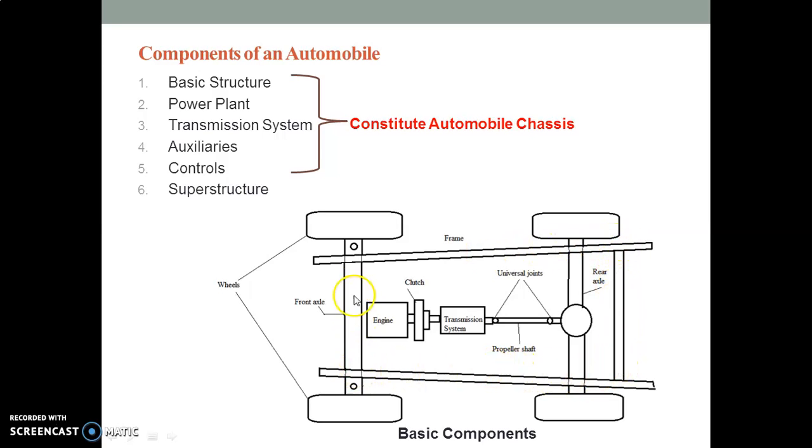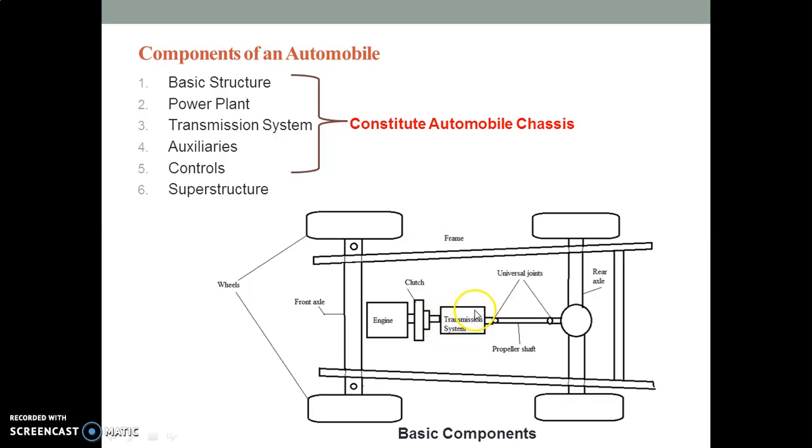Over this is the power plant, the source of energy to run all the mechanisms, that is the engine. It is connected with the clutch via the crankshaft, and then